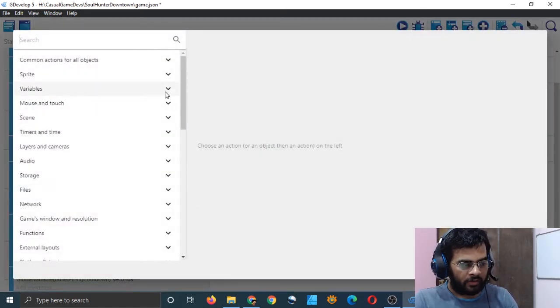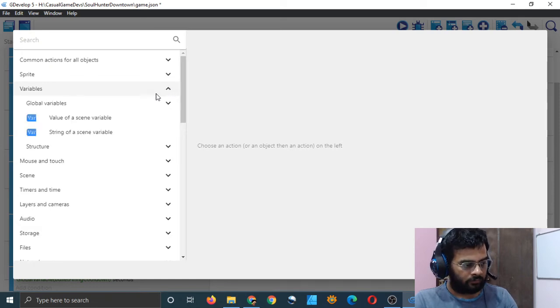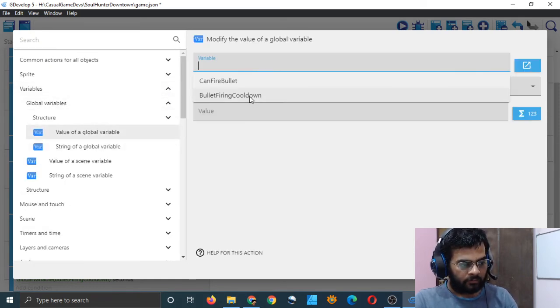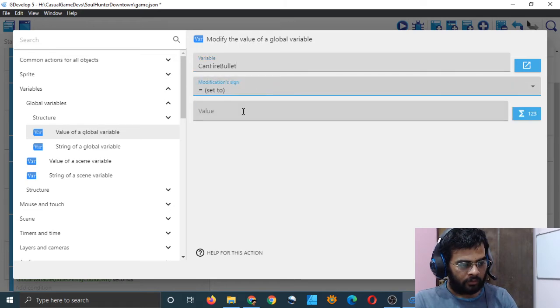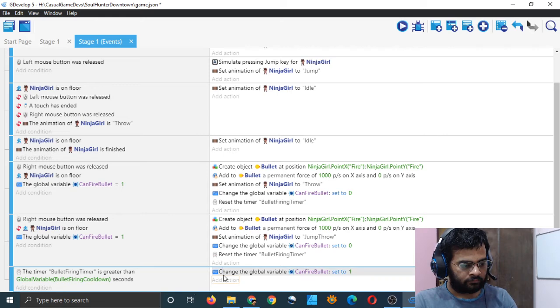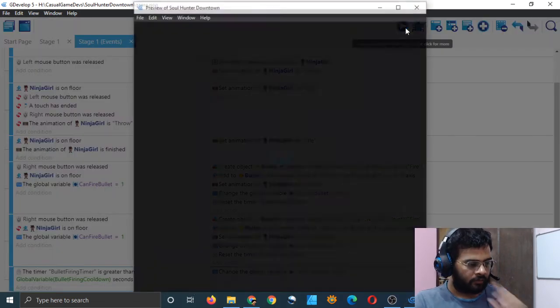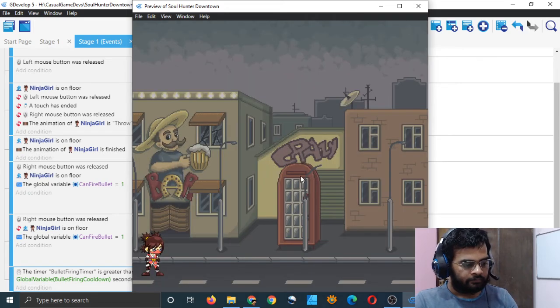I think 2 seconds is a lot of time, so I will change it to 1.5, but let's see if it works. Can fire bullet equal to 1. Now you can fire bullet. I think it should work, but let's see. Yes, it's working. We are able to fire bullets every 2 seconds.